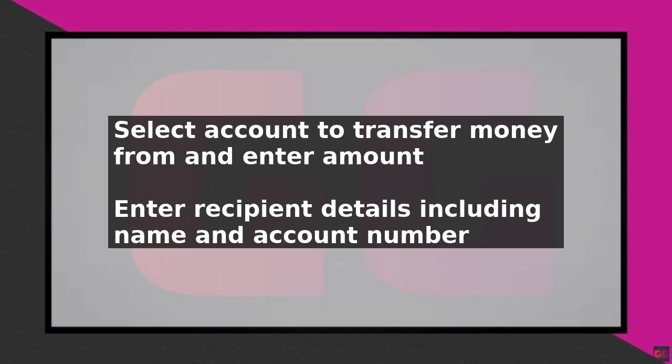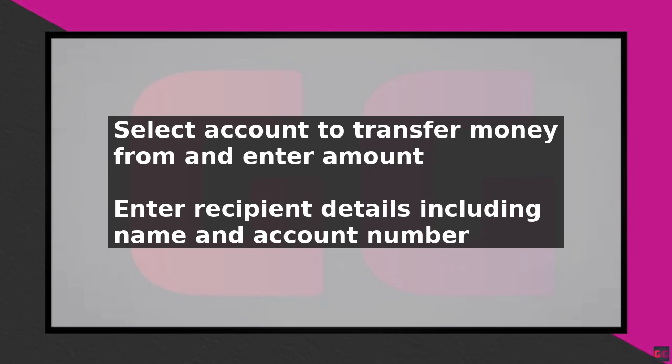You can also use the Monzo app to pay businesses or friends using their Monzo account by searching for their name or username. Once you have entered all the necessary details, review the transfer to make sure everything is correct. Check the recipient's details, the amount, and any references or notes you have added.